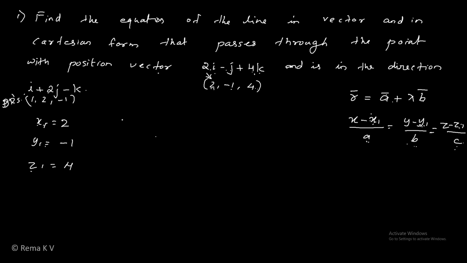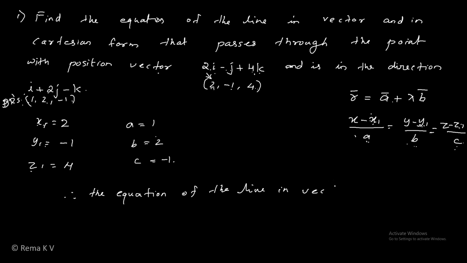Okay, then now we need a, b and c. a, b and c are the direction ratios of the vector b which is parallel to the line. So here the direction ratios are 1, 2, minus 1. So a is equal to 1, b is equal to 2 and c is equal to minus 1. So we can write the equation of the line